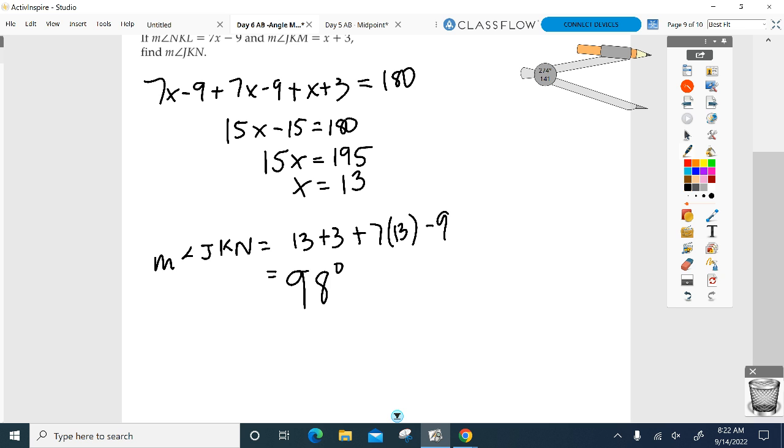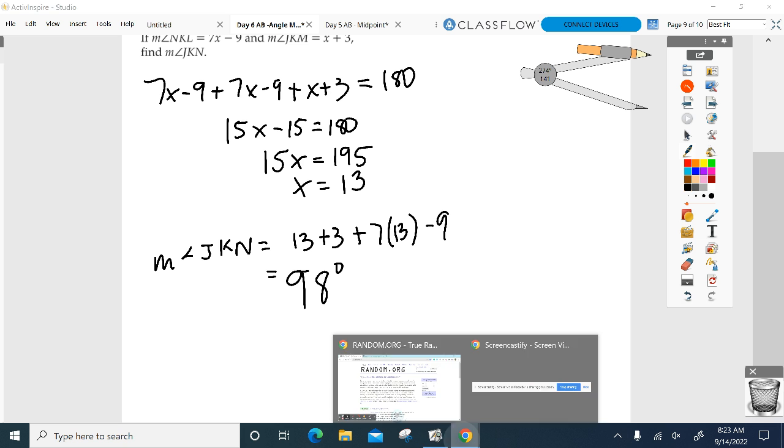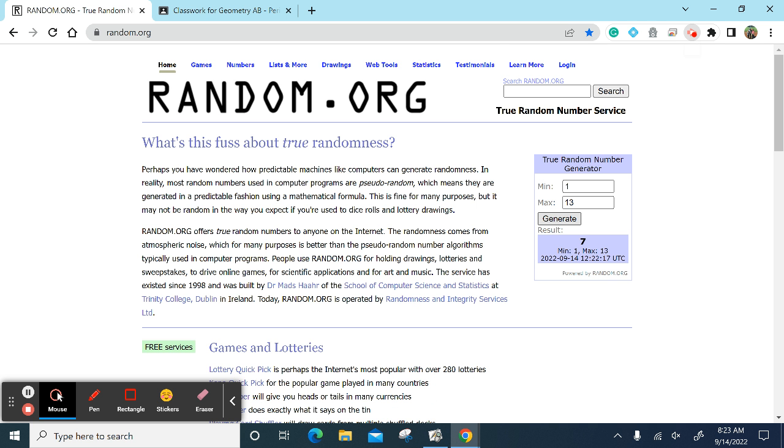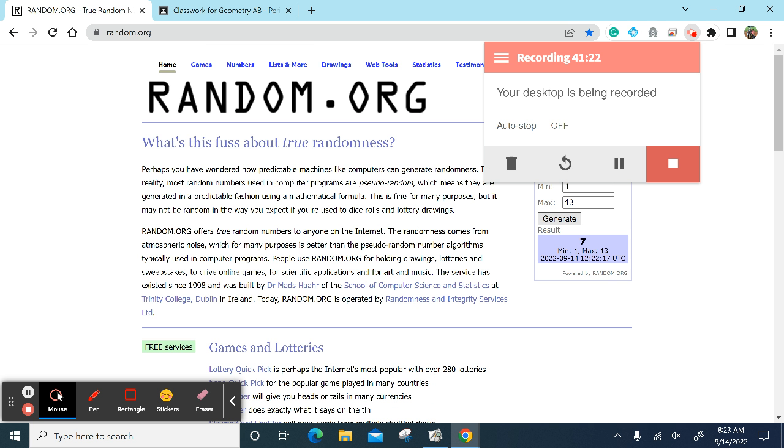I'll still see you guys tomorrow for homeroom, but then we'll be going to the auditorium. After school both days, today, tomorrow, if you